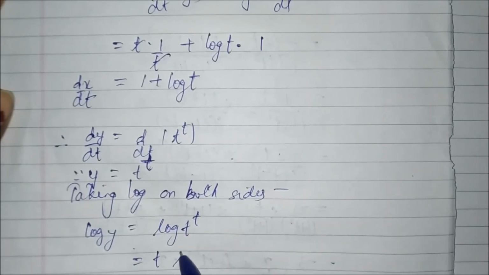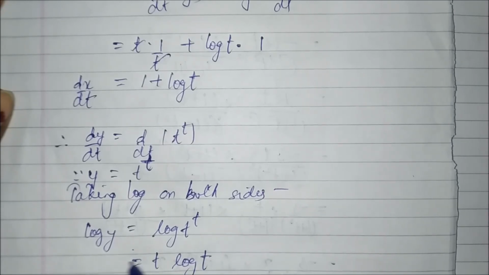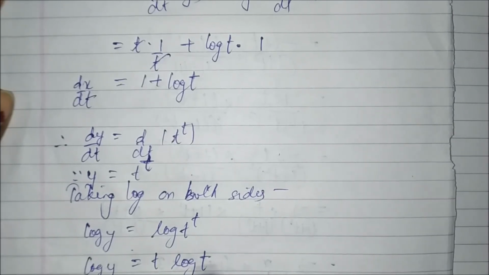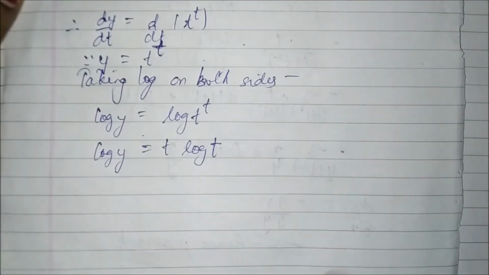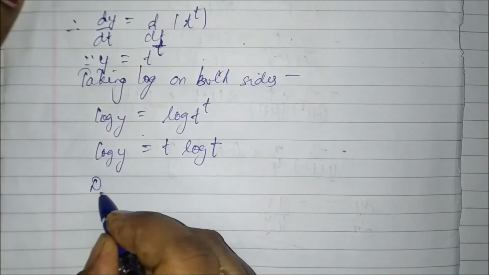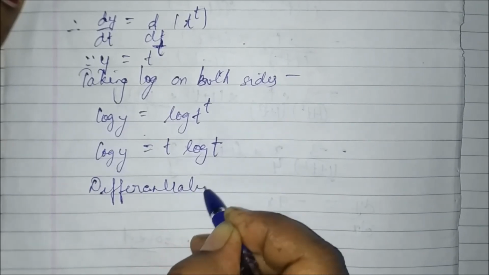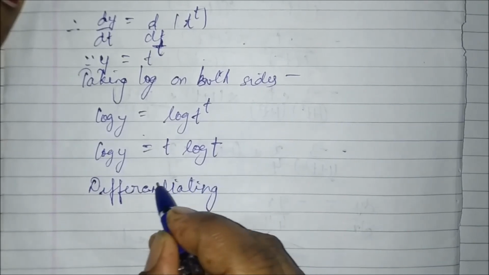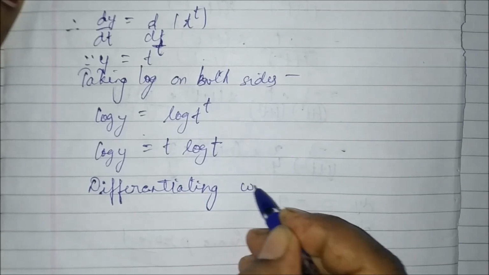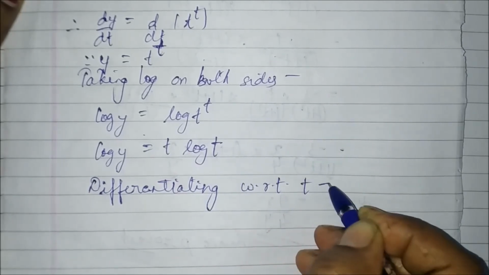So it will become t log t. Now differentiating with respect to t, we get